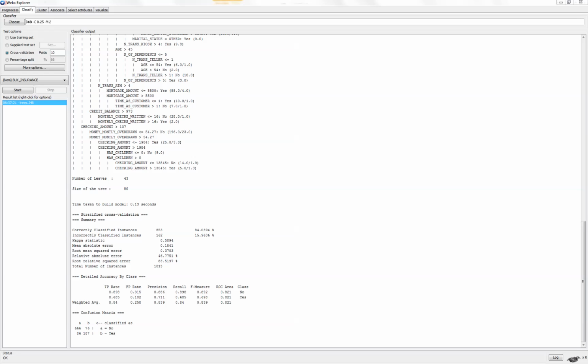What is the true positive rate, false positive rate, precision, recall, F measure, ROC area,